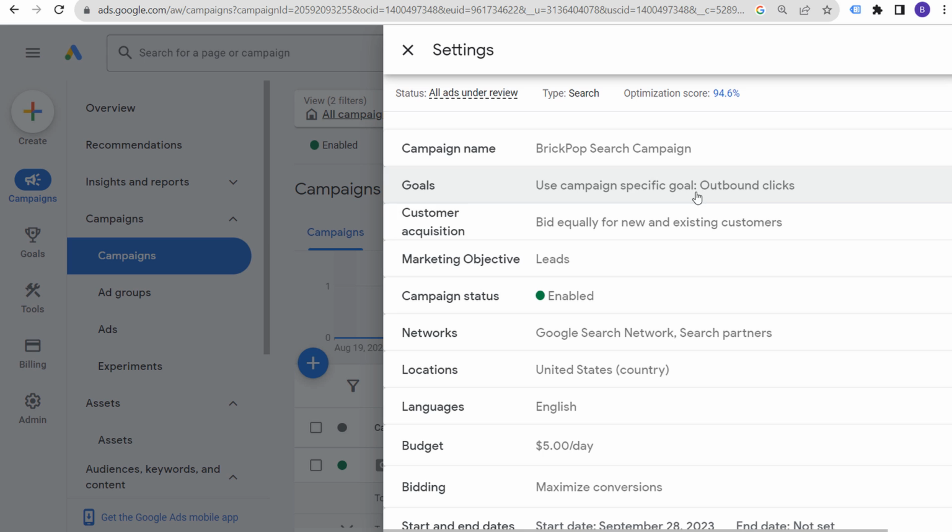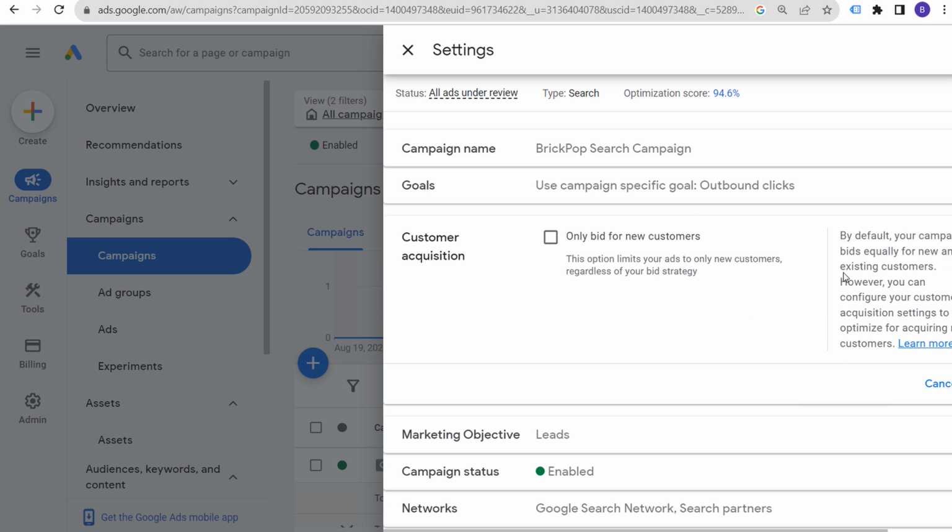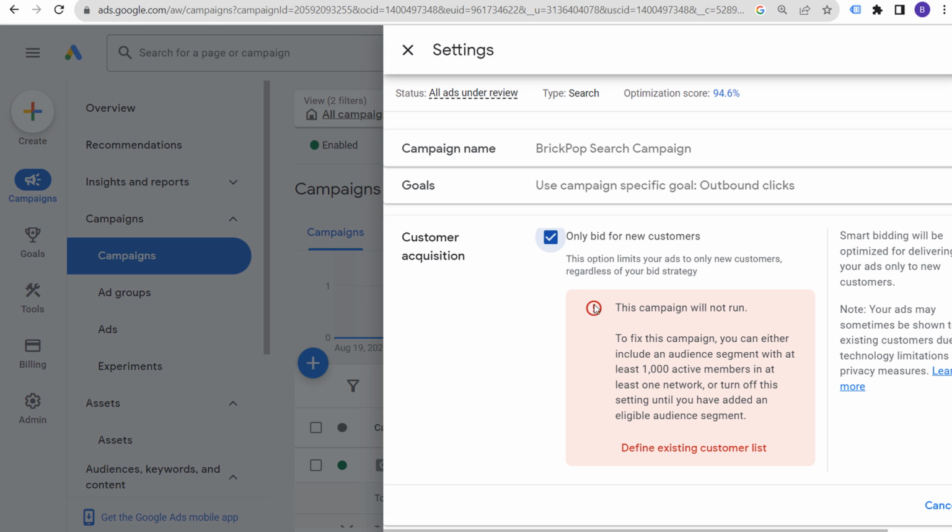Goals, use campaign-specific goal, outbound clicks, customer acquisition, bid equally for new and existing customers. One of the things you can do is only bid for new customers. Now, this is saying this campaign will not run. You need to have an audience segment with at least 1,000 active members in at least one network to turn